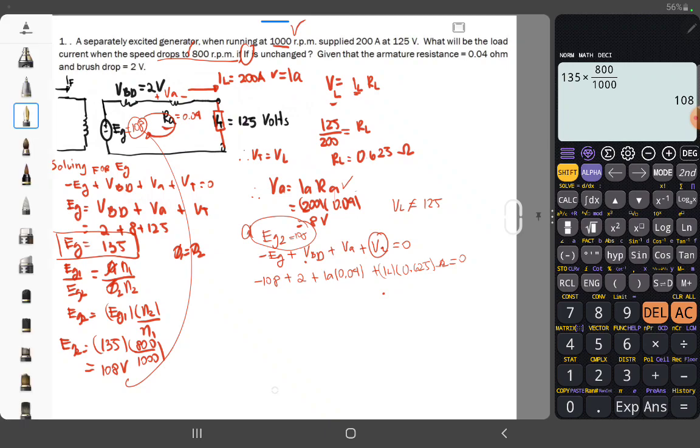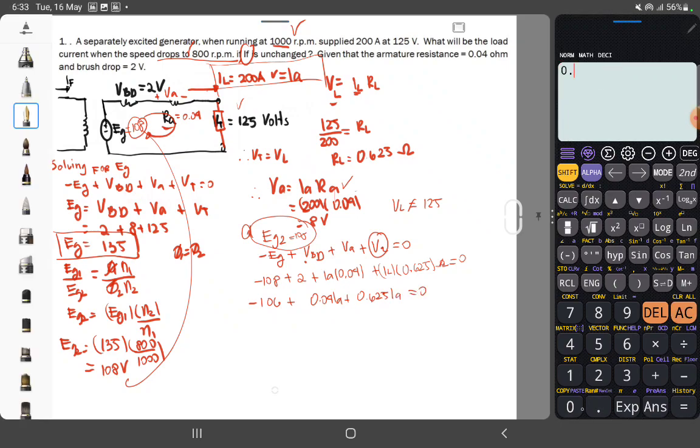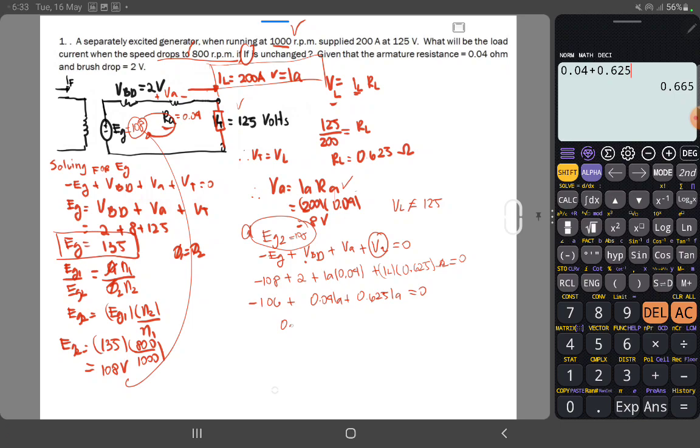Okay, now since IL is connected directly with our IA, so therefore I may say that IL is equal to IA. So therefore I will have negative 108 plus 2 will give you negative 106 plus 0.04 IA plus 0.625 IA equals 0. So therefore we have 0.04 plus 0.625. We will have a value equal to 0.665 IA, which is equal to 106. So IA will be equal to